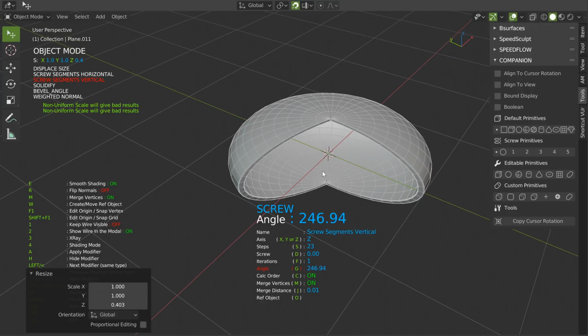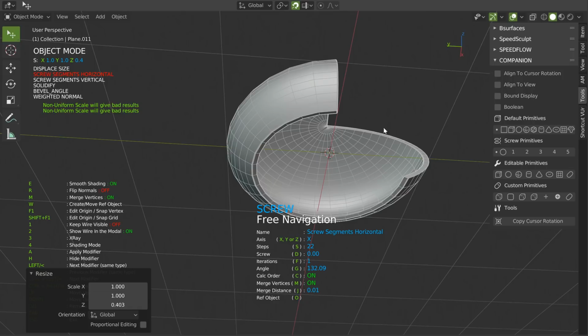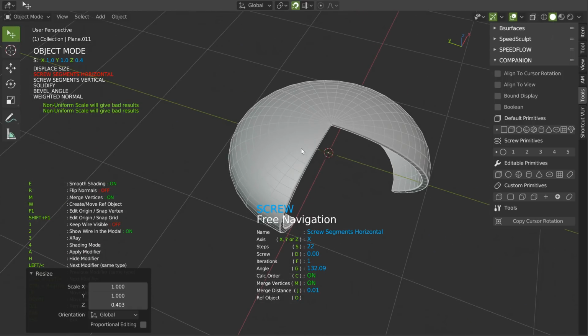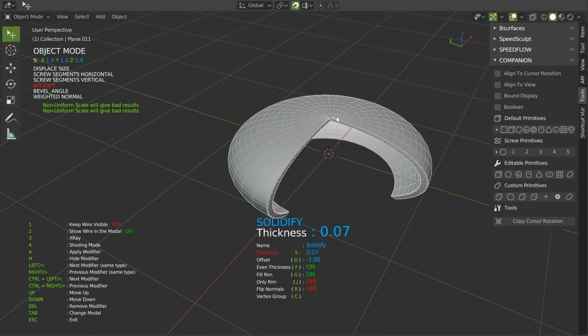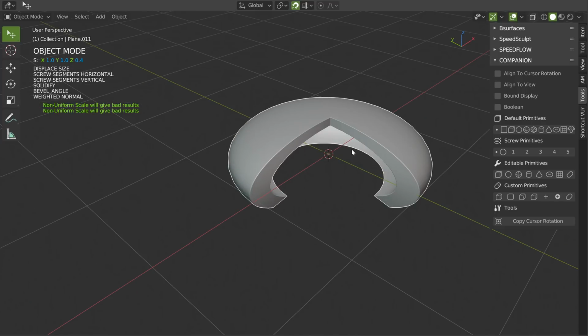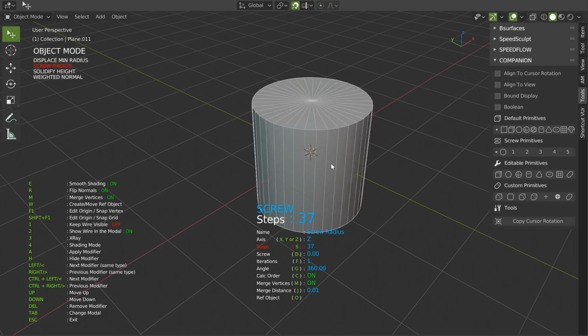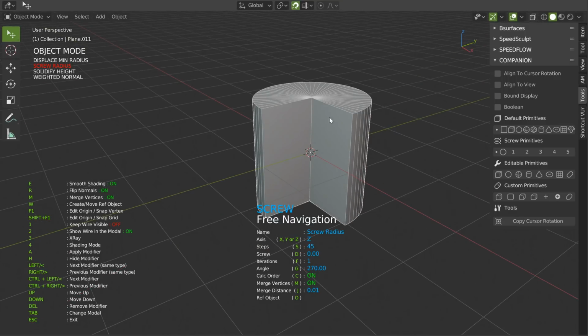I can, for example, on this one make this, and on this one make this. So as you can see, you have a lot of possibilities, and everything is editable. So this is for me really interesting, like that. So this is the cylinder, like that. I can also do this on this one, as you can see,